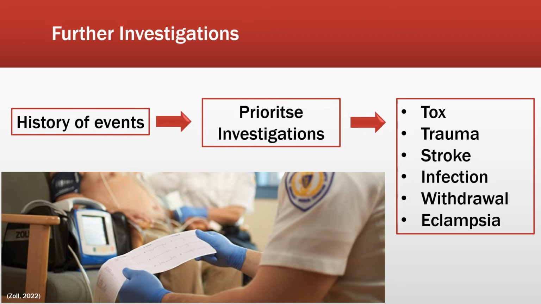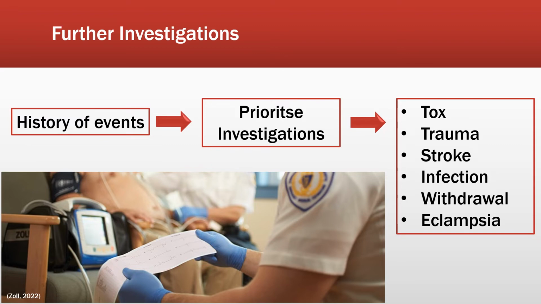A deeper history might give you clues as to the patient's history of alcohol use, and if they've recently given up cold turkey and put themselves into withdrawal. Or there might be a history of headaches that would lead you to look for signs of meningitis or sepsis. And of course, you need to consider whether the patient might be pregnant, which even in the third trimester might not always be that obvious, depending on things like body habitus. And where we identify one of those potentially rectifiable causes, this will guide our second and third line of interventions. And we might add sodium bicarb in TCA overdose, antibiotics in sepsis, or magnesium in eclampsia, for example.